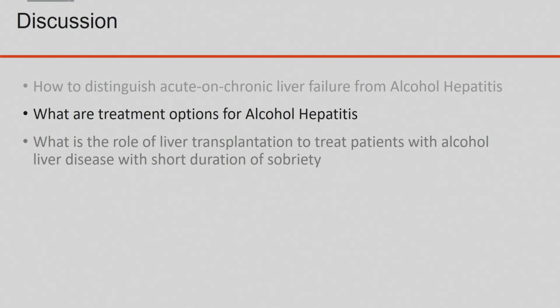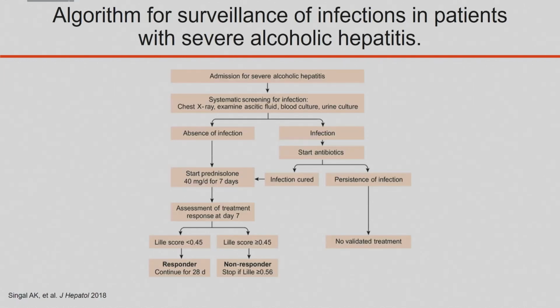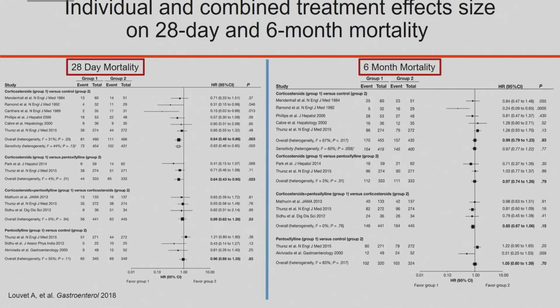So now for our group, Dr. Yanni touched upon the treatment options. And this is from a nice paper published a couple of years ago. I know Dr. Yanni has expanded on this in another publication. But people who have severe alcohol hepatitis and have no infection, and we're going to touch upon what Dr. Yanni said later about the kidney function, we may talk about a course of prednisolone for 7 days. And after a week, we'll calculate the Lille score and see if they're responding or not.